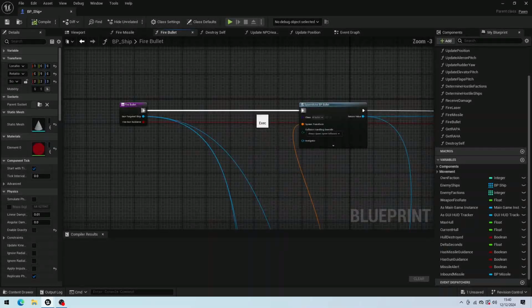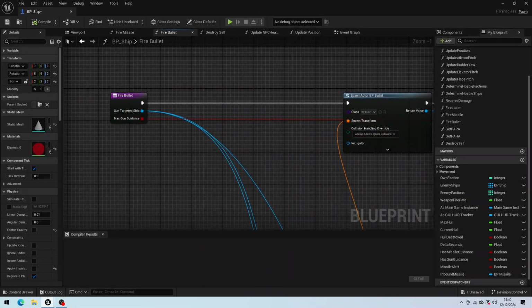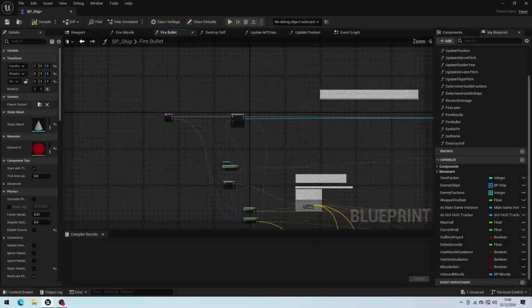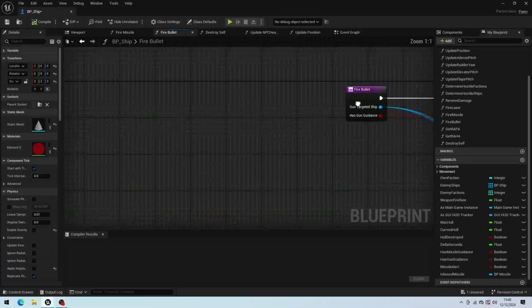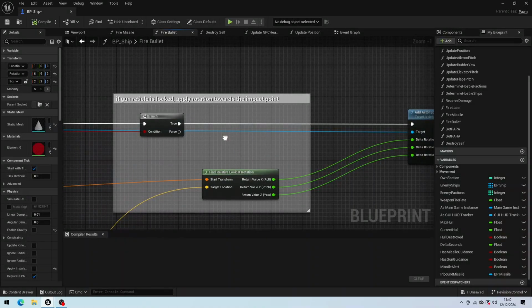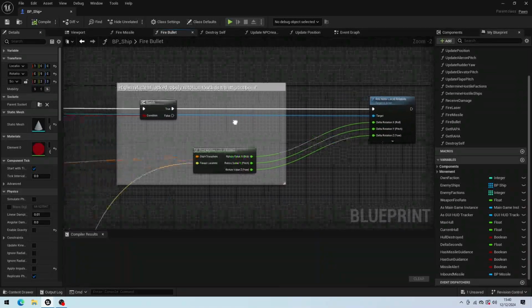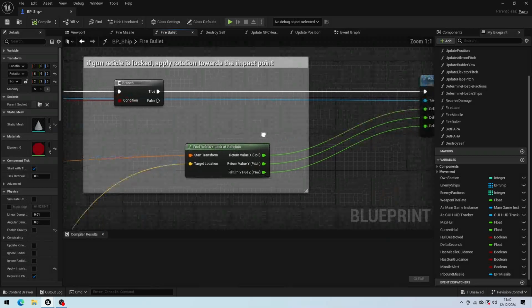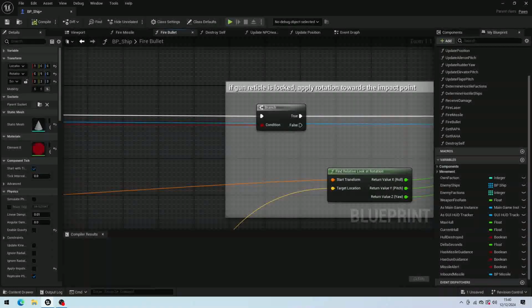Fire bullet is a complex one. So this is the gun guidance boolean. If it's not true, it's just gonna shoot at whatever. And if it is true,